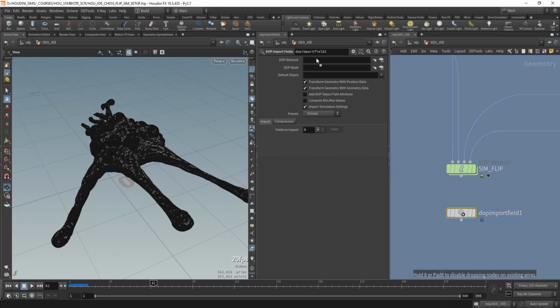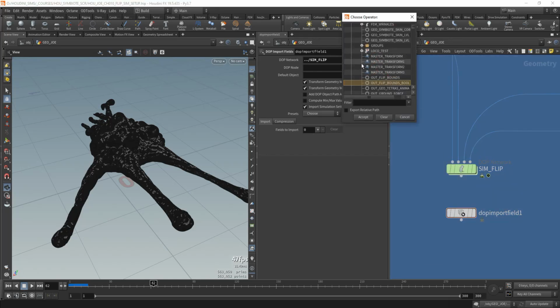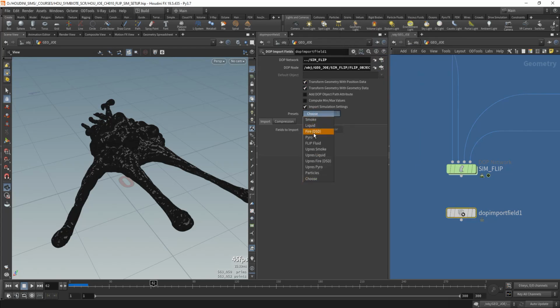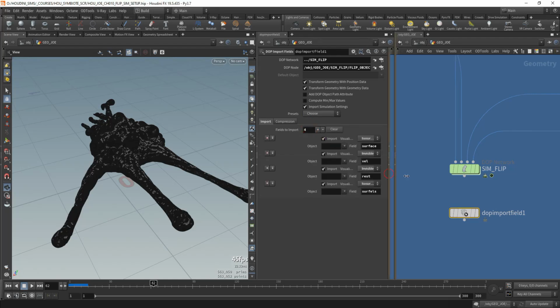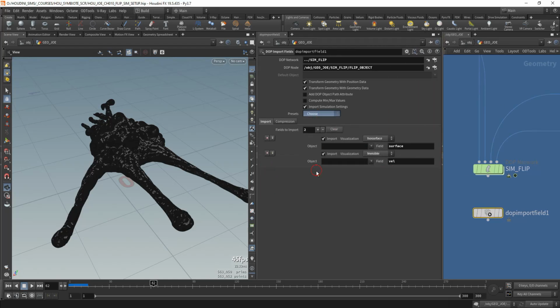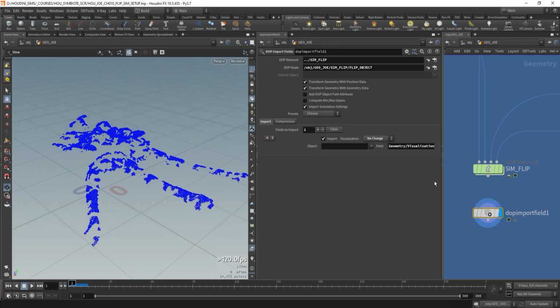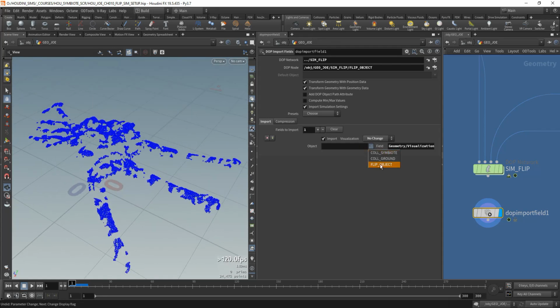And in the dop import fields, we drag the flip sim here, and the dop node will be sim flip object, and choose either particles or liquid. And I don't want to, let's say particles, just geometry. And if you want to save the color, you just type in /visualization. Then it's going to import this color. But if you remove it, you will not have it. So yeah, flip object. So yeah, we're done here, and then let's clean up this stuff and save it